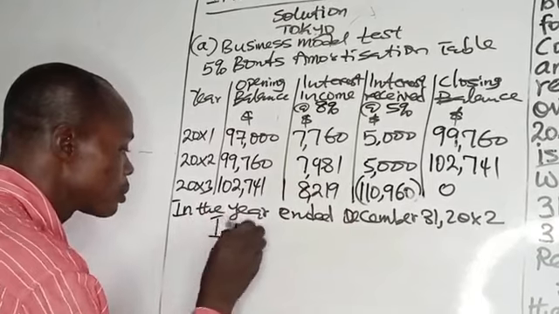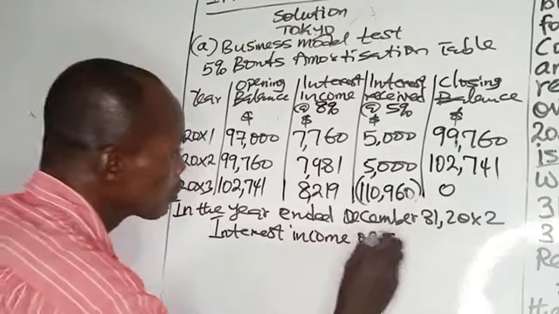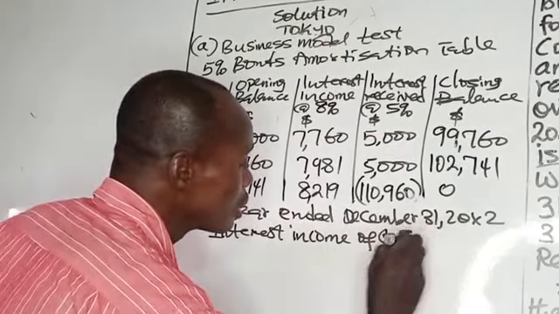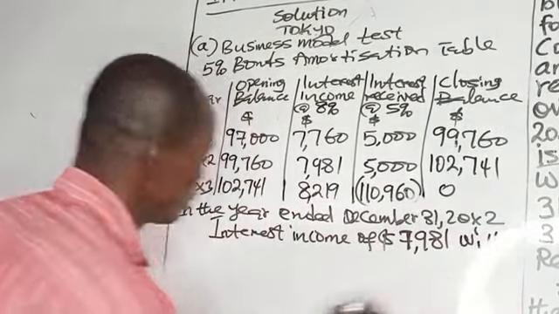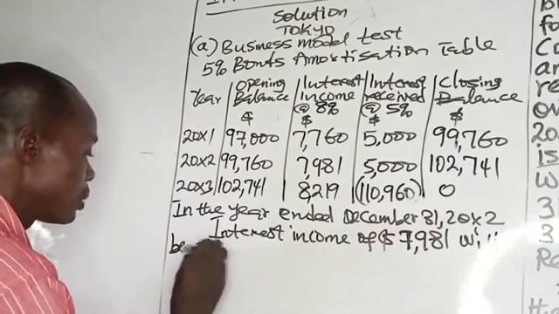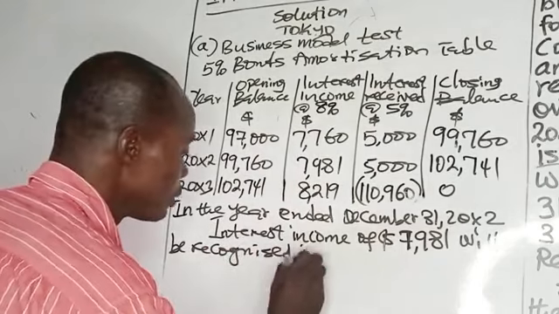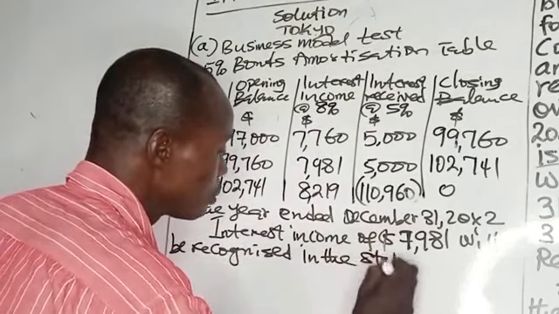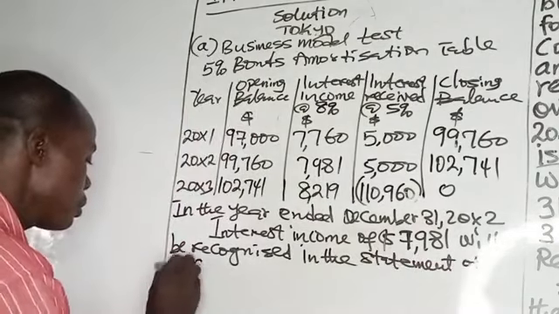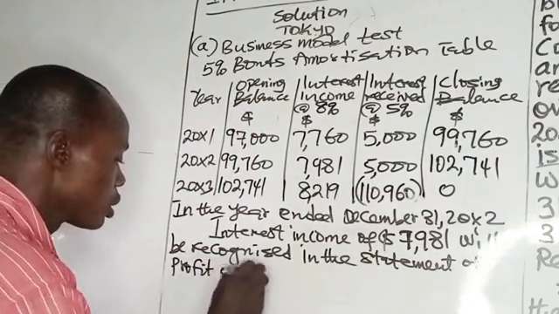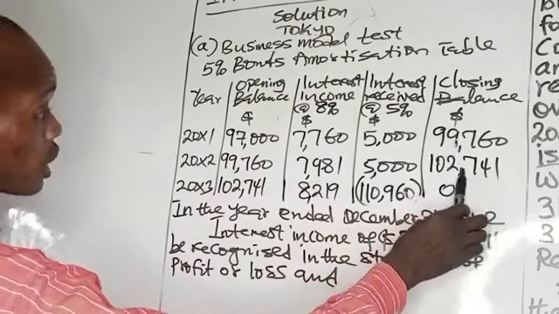Interest income of 7,981 will be recognized in the statement of profit or loss. And the closing balance of 102,741